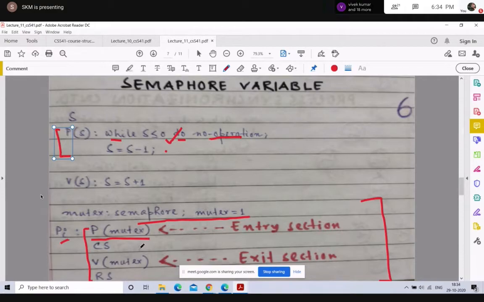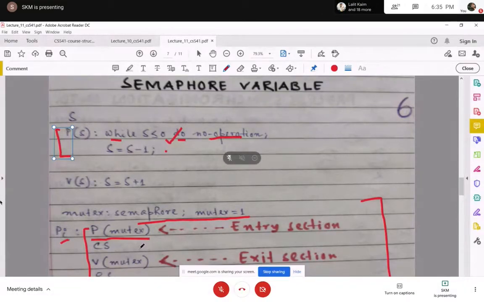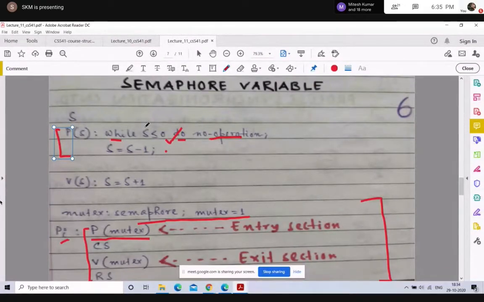At the same time, mutex will be decremented by 1 to become 0. As long as the process is in the critical section, the value of mutex will remain equal to 0. If any other process wants to enter the critical section, it will have to execute P mutex, will find mutex equal to 0, and will have to remain in the while loop because S is now less than or equal to 0.